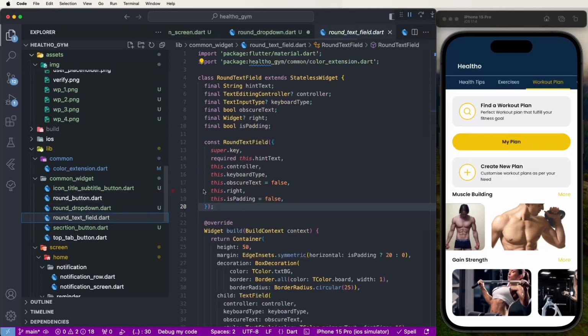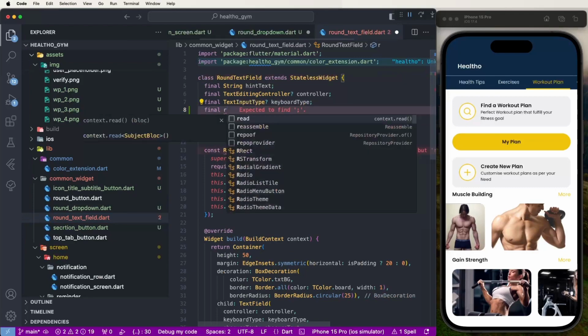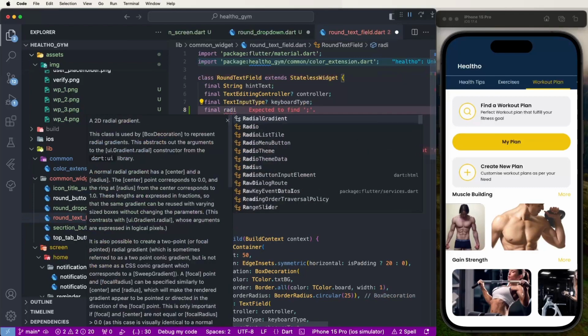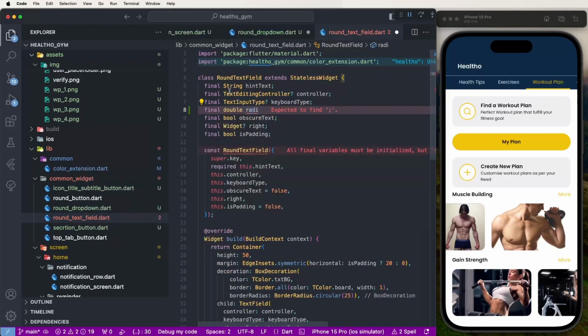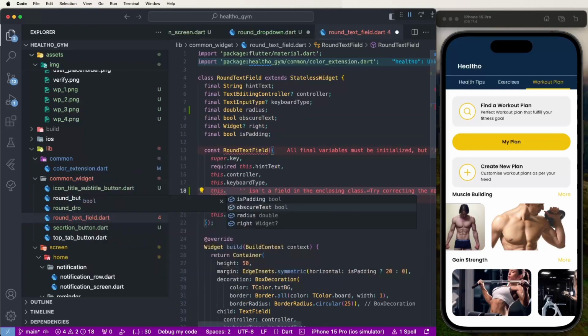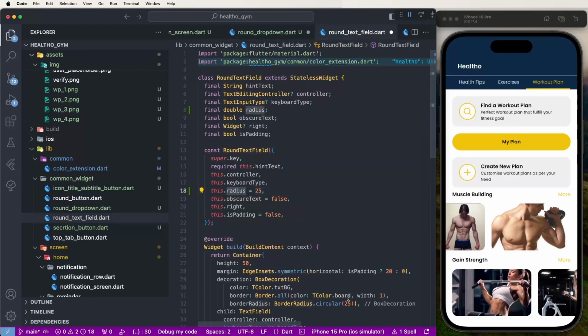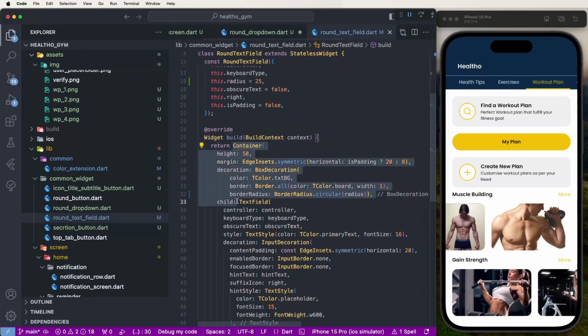We also need to give one more property, final radius. Give this a double, paste the radius value like here, and set this dot radius, set it to 25. Now paste it like here, and save this. Now we need to use this, copy it,